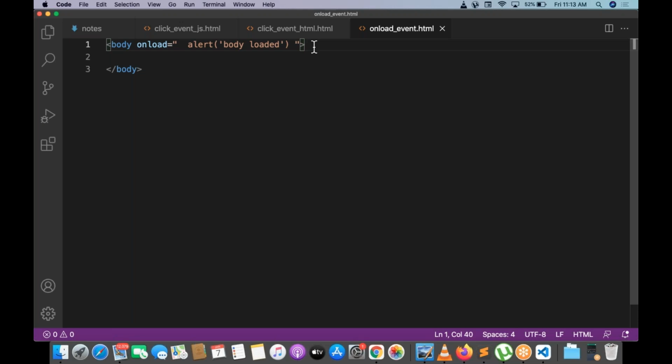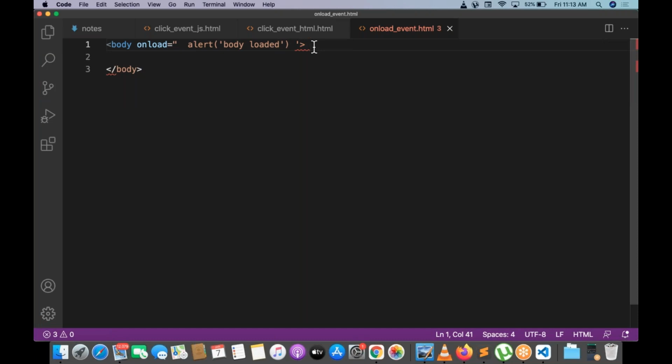If you give single quotes outside, then for the alert box you need to give double quotes. Don't make it conflict or confuse JavaScript. If I write single quotes here, this is going to be an error.